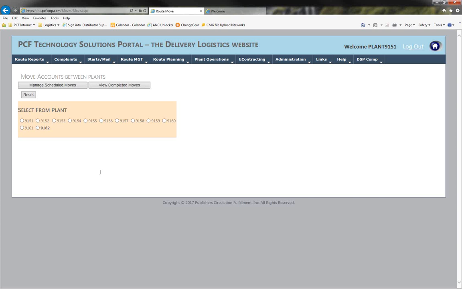So you would probably really want to contact us or put in a request in your service portal, letting us know that this particular account is in the wrong plant, so we could do some investigation. If we find that it's correct, then we could move it. But otherwise, this would be the move tool that we would use,